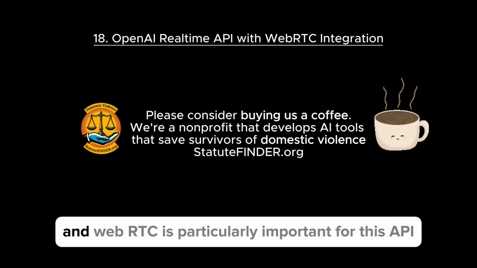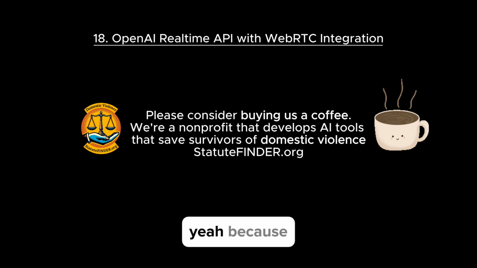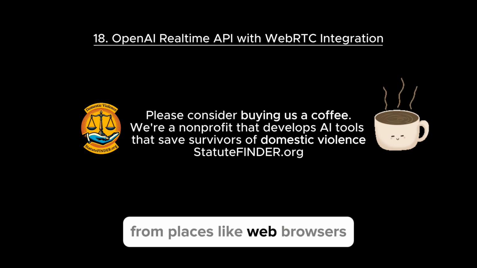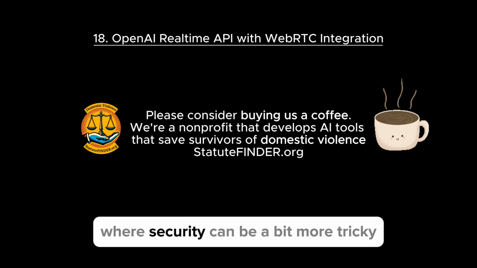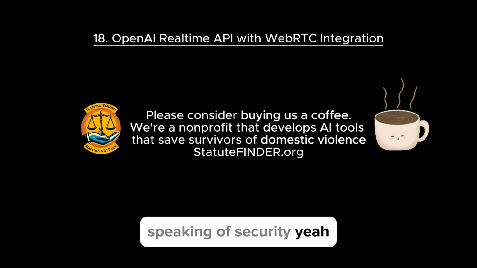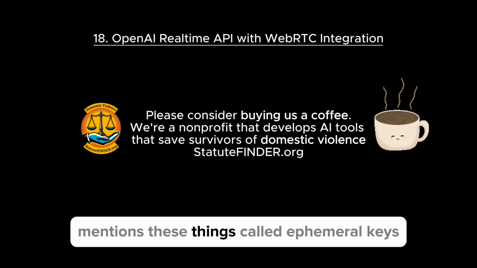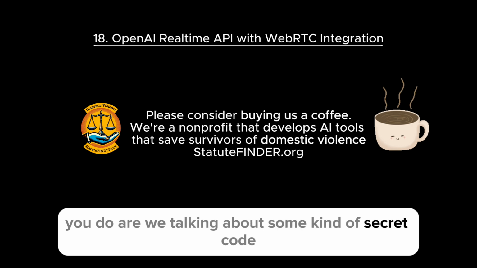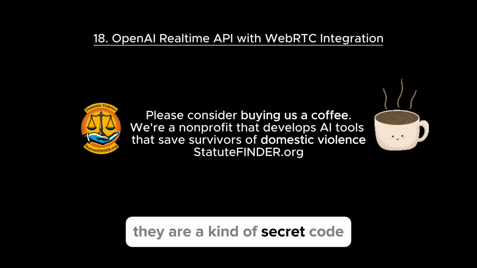Okay, good. And WebRTC is particularly important for this API because it's the recommended way to connect from places like web browsers where security can be a bit more tricky. Speaking of security, the documentation mentions these things called ephemeral keys. They sound kind of mysterious. Are we talking about some kind of secret code? They are a kind of secret code,